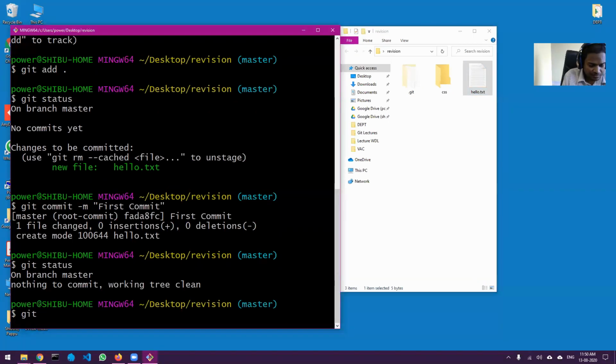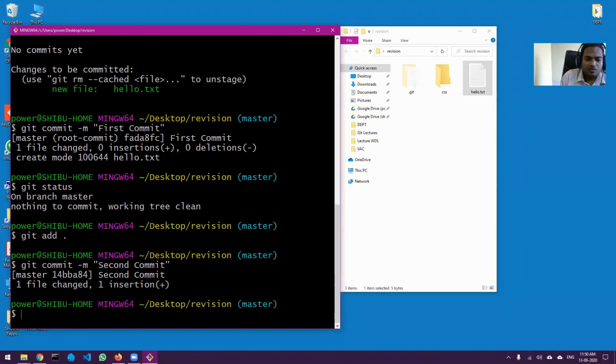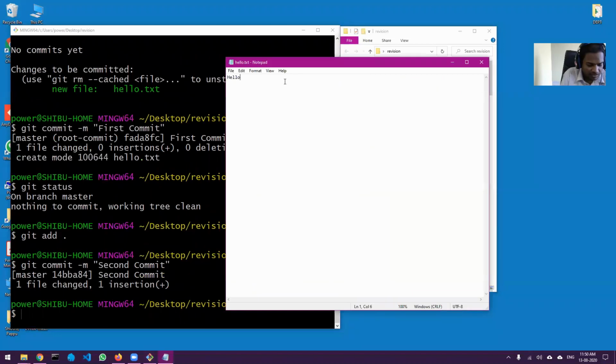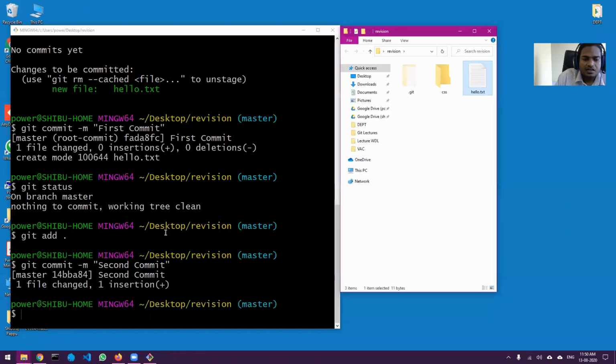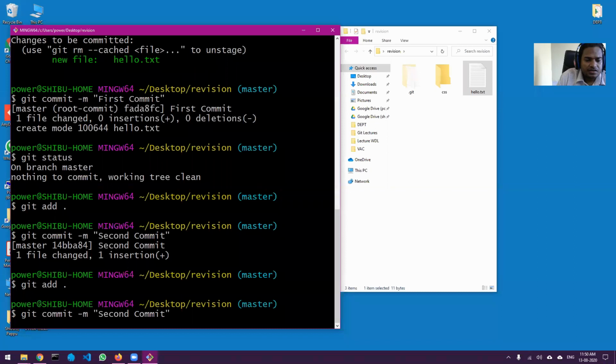So git add, git commit, let me call it second commit. Now I'm going to open the file again and let me write world. So git add, git commit, let me say third commit.